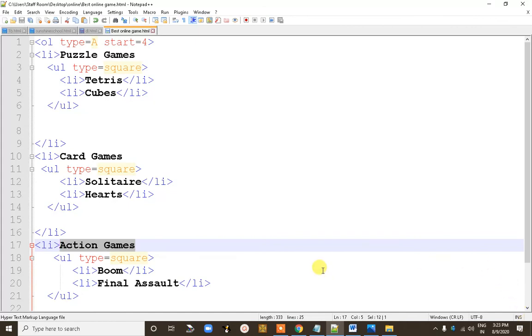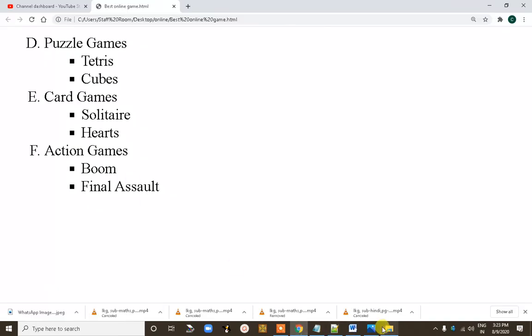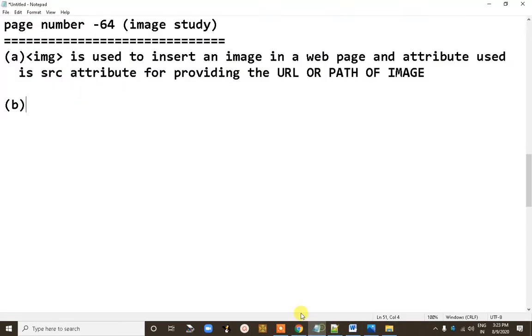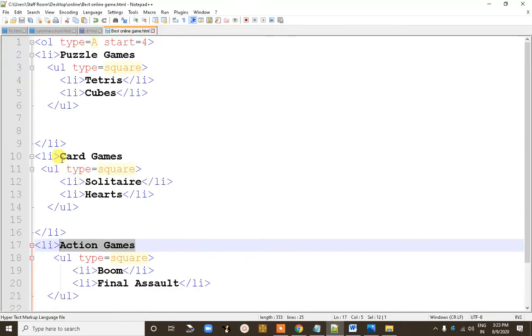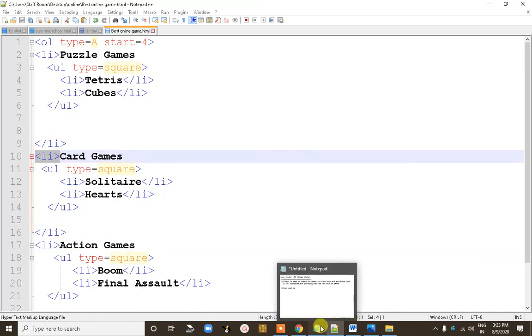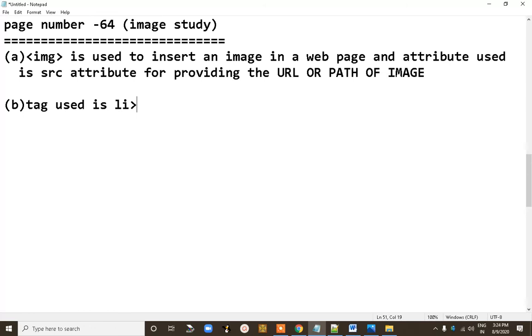So the answer for this one, name the tag and its attribute used to display the outer level list: the tag used is what? Li tag.